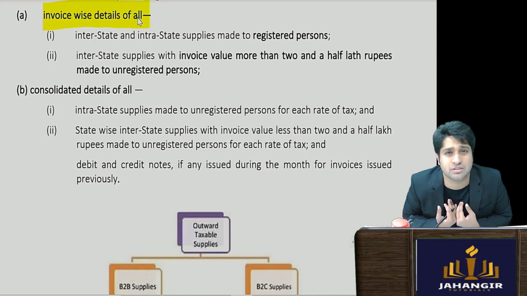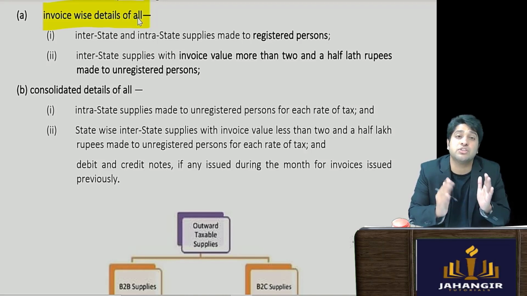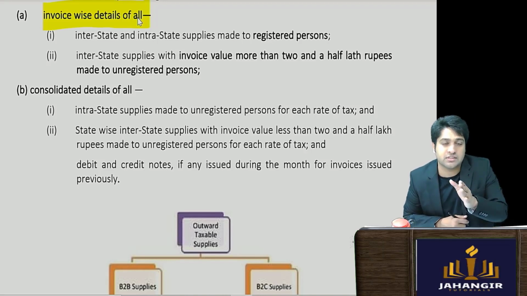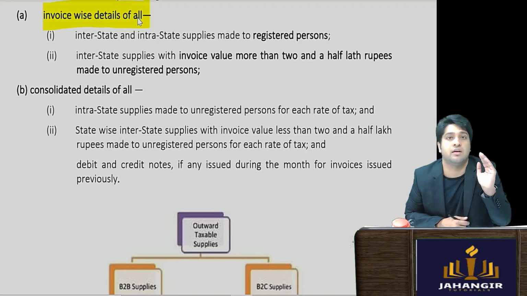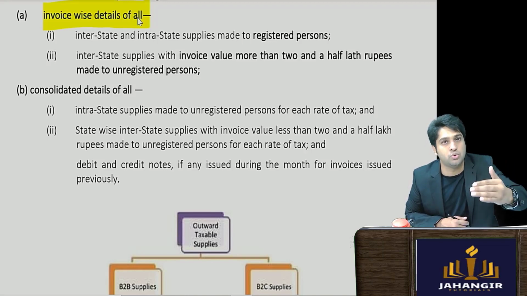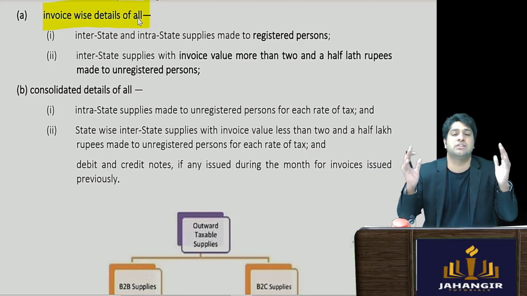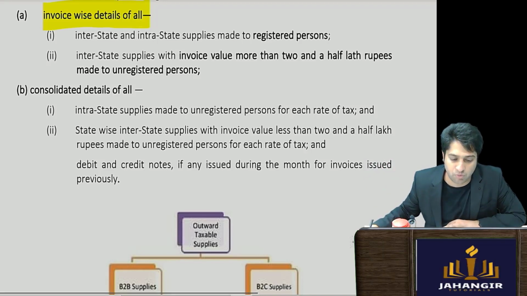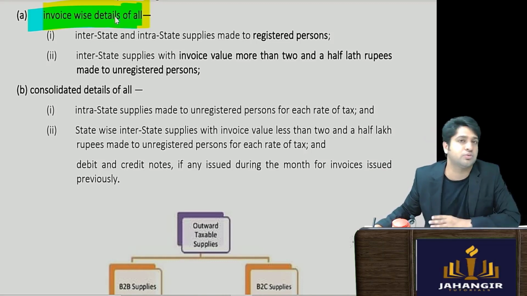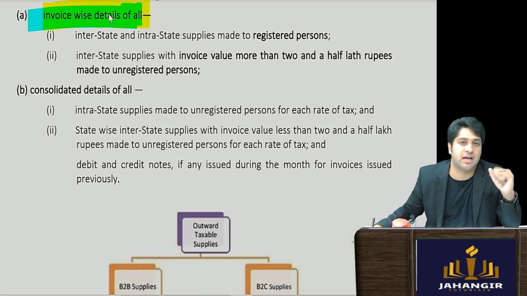Don't you think it's very cumbersome? It is not difficult, I have to upload every sale invoice wise. Meaning, every invoice has to be uploaded separately. I have to key in the invoice number of 1, 2, 3, 4. So I cannot just consolidate and say that total sales is so much. So we can see invoice wise details. You think government will tell for every single transaction you to do invoice wise details? It will not be possible for the dealers, for companies like Reliance, etc.